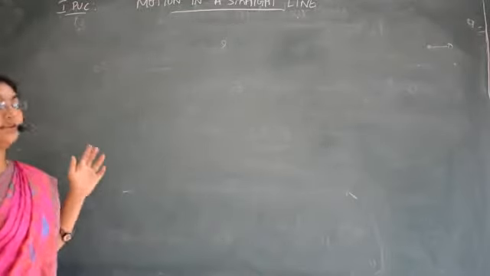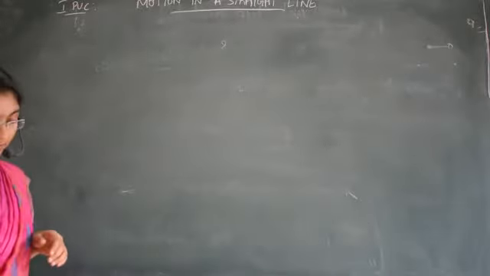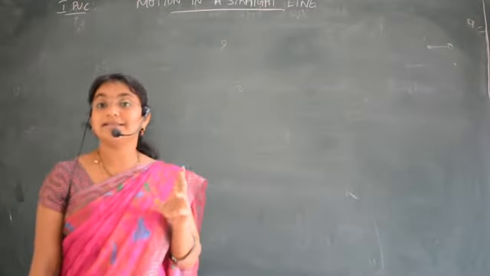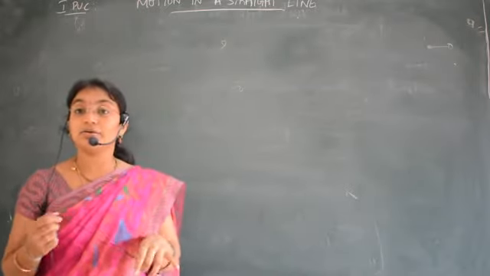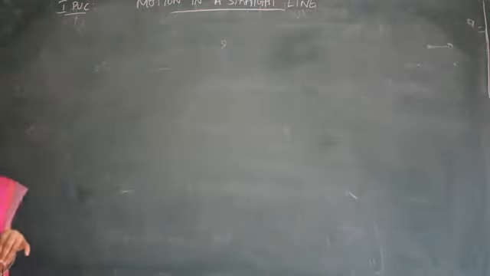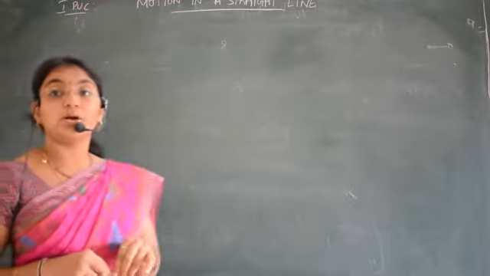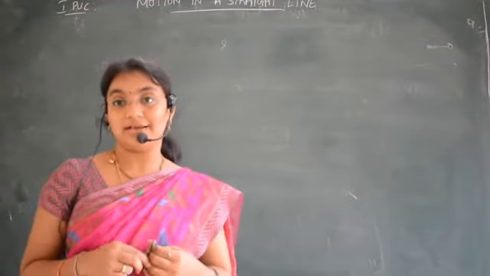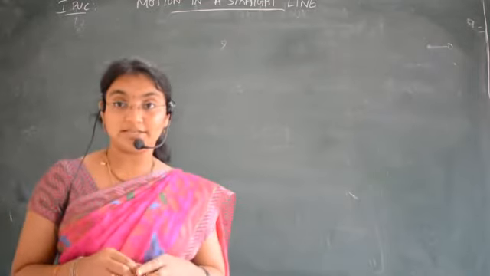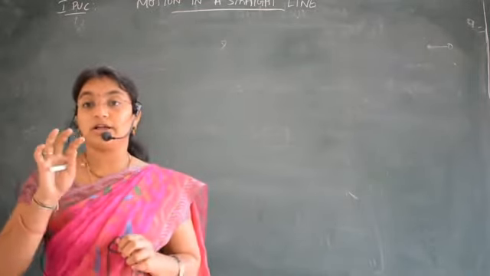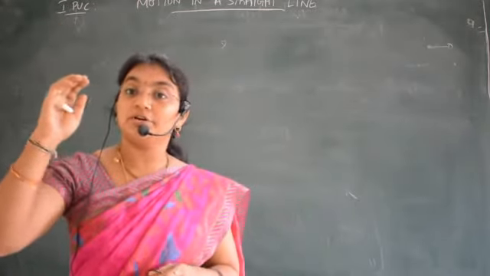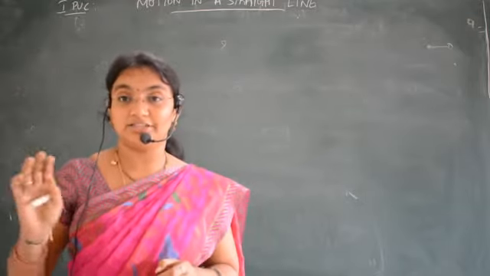So, in our previous class, we have learnt about the equations of motion and we have derived the expressions v is equal to v naught plus at and x is equal to half at square. Correct? In today's class, we are going to derive the expression v square is equal to v naught square plus 2ax. But for this derivation, if the question is asked to derive this, you cannot derive only the small concept. You have to start from v is equal to v naught plus at derivation itself.